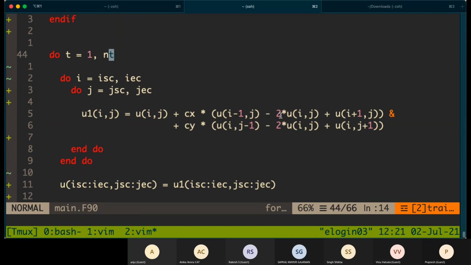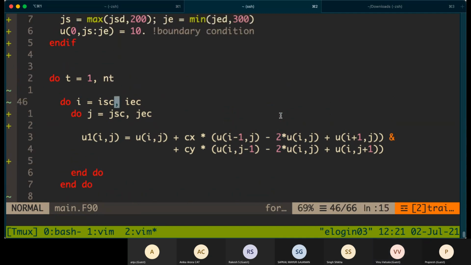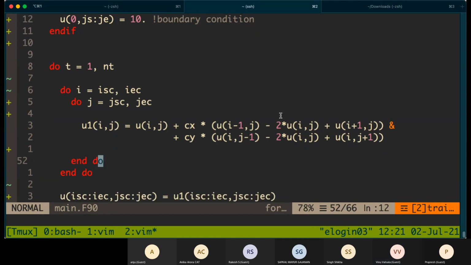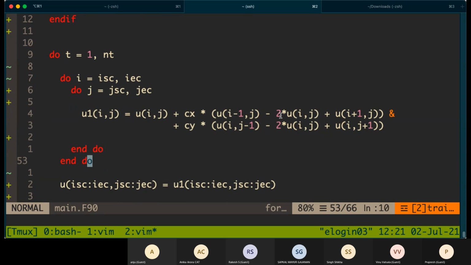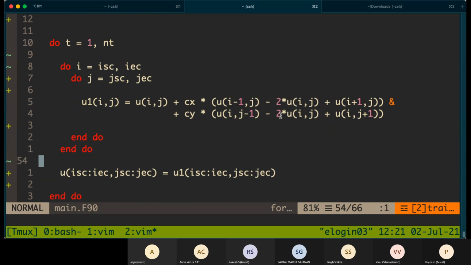So what will happen right now is every processor will just keep on doing its part, which starts from ISC to IEC, JSC to JEC. But after each time step, you need to update the boundaries, right? Because the boundary values have to come from the neighboring processor, which we are not doing right now. So this is not correct.